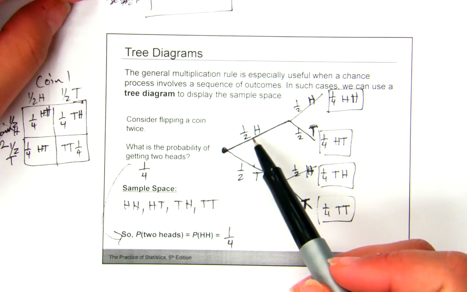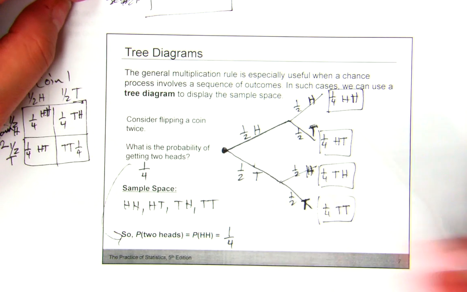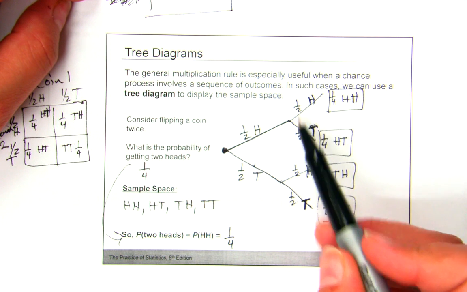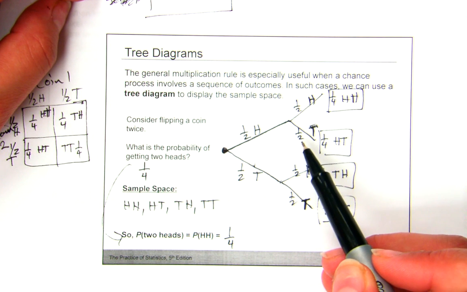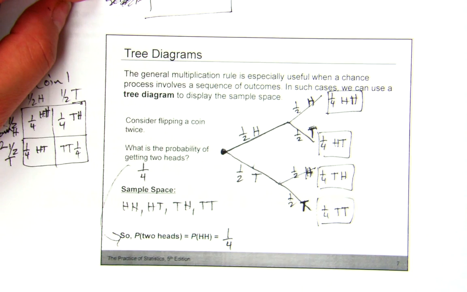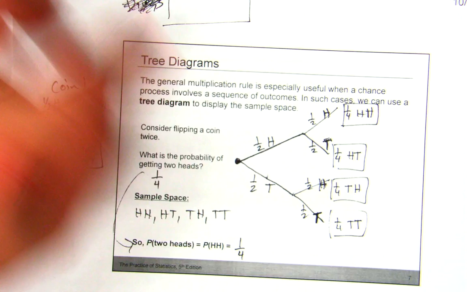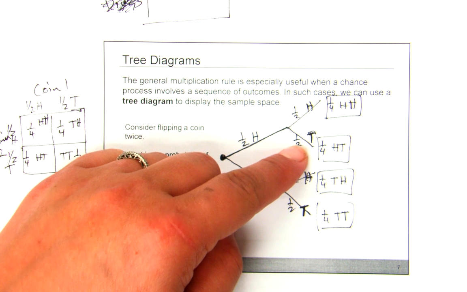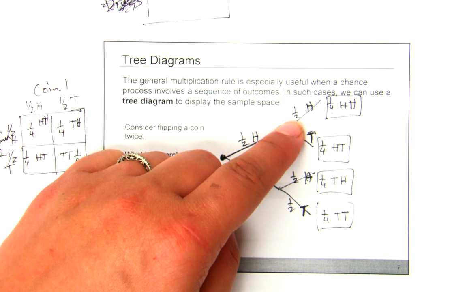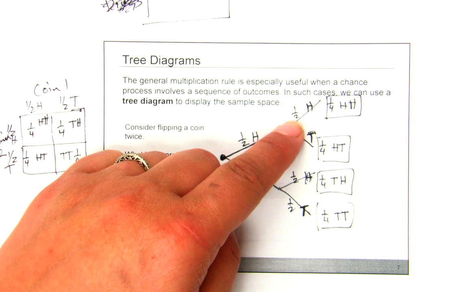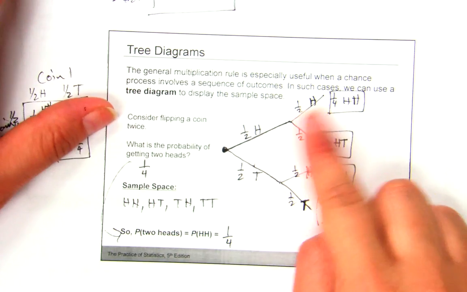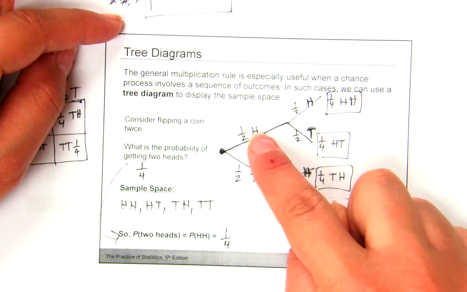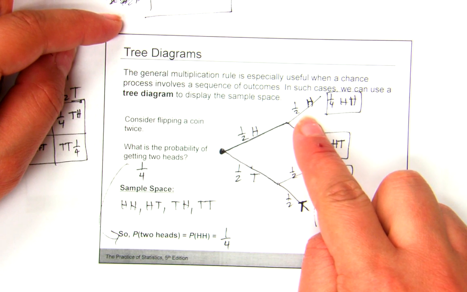If I know there's a half chance that I'm going to roll a heads or a tails in the next one, I still have a half and half chance of getting a heads or a tails. So knowing that I got a heads on the first one didn't change the probability that I'm going to get a heads on the second one. It was still a half. It didn't change anything. So that's why I'm allowed to do 1/2 times 1/2 to get 1/4, because these heads and heads are independent events.